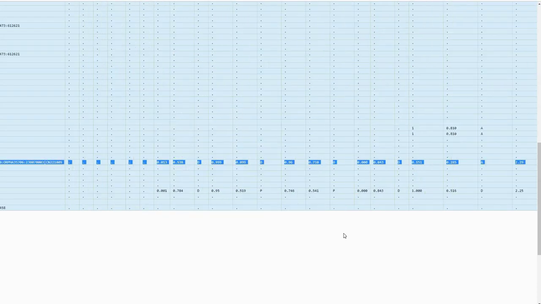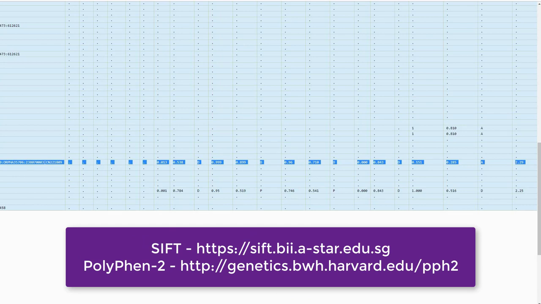Question 5. What is the predicted impact of the variant? There are many computational methods available for variant impact prediction, but in this tutorial, let's focus on two popular ones, SIFT and PolyPhen.